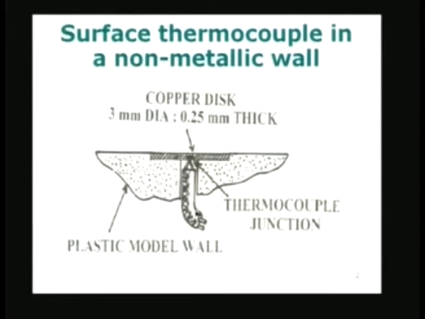In fact, the error in the temperature measured in this particular case can be calculated based on some thermal quantities. We will take it up a little later and give the appropriate formula. What are the variables which will play an important role? The surface area of the copper disc will play an important role. The larger the surface area of the copper disc, the better is the heat transfer from the fluid to the copper disc, and therefore you can reduce the error by having a large copper disc here and by using very thin wires for the thermocouple which is attached to the bottom.